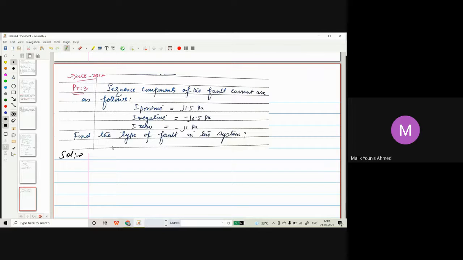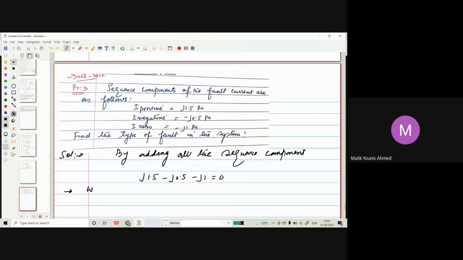So by adding all the sequence components, for others also, okay? So we can add them. If you have studied the relations well, it will not take time, you can tick it right there. Now someone who has not studied well, he can solve it. That is minus J1 will be equal to 0. So when you add to 0, whenever the sum of sequence components of fault current is equal to 0, the type of fault is, let me write a note for you.